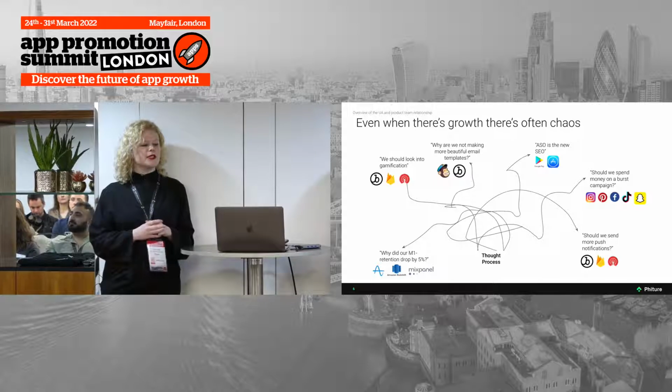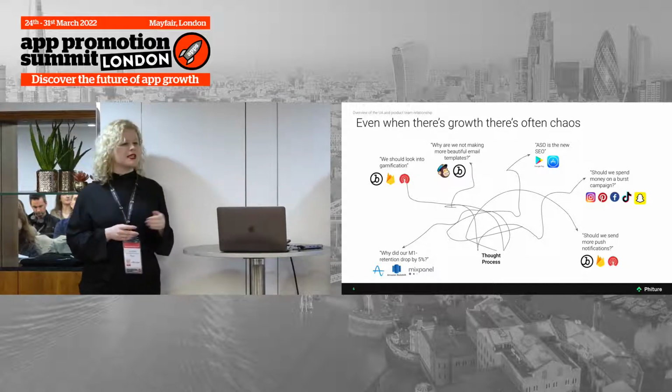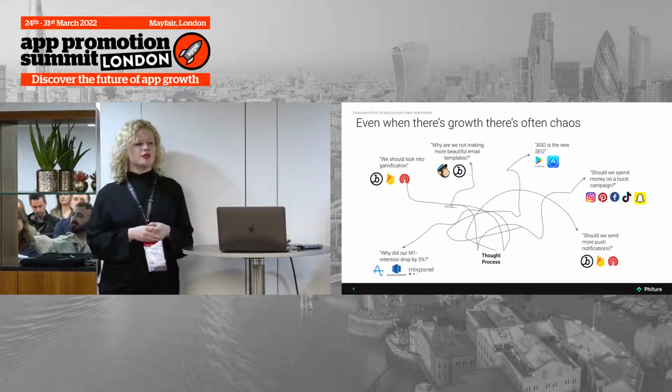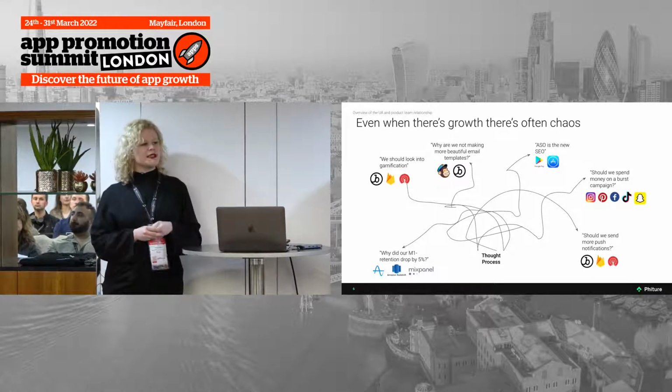So what we want to do today is give you some practical tips and tricks for getting these two teams, in particular performance marketing and CRM or product, to be regularly checking in with each other, speaking to each other as you go along and making sure that you are aligned on your growth strategy and your common goals.